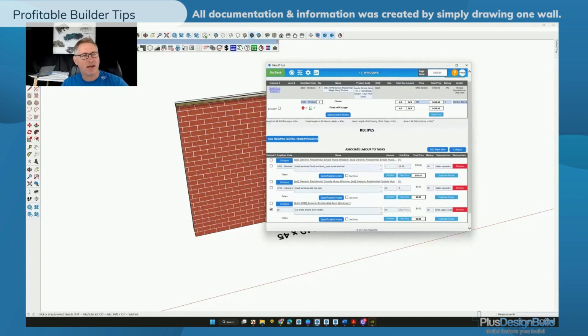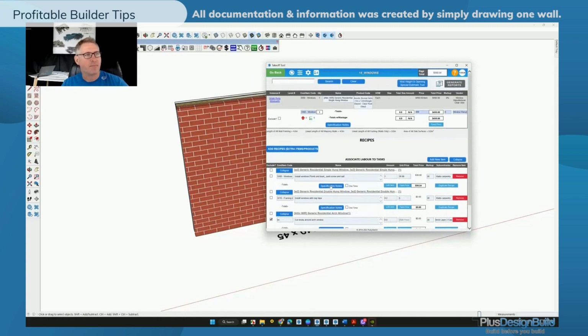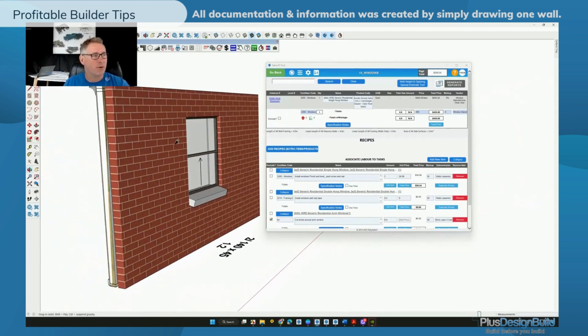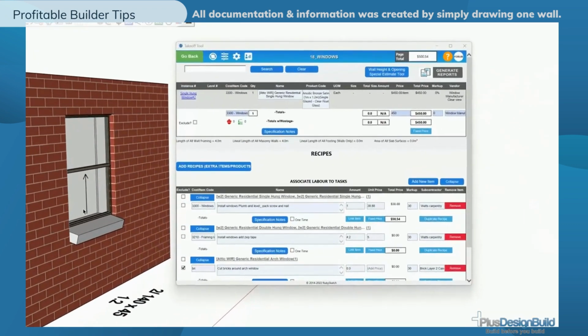You can see that I have all of my items here ready to go. Right? It means that I now have purchase orders for my window, and I did this all by drawing. All of this, I didn't actually go through, read a plan and say, oh, there's 1 window, 2 windows, 3 windows, 4 windows. It would have taken me too long. But what I did do is I drew a wall, and I can see, in that wall, I can see what's needed to be built,